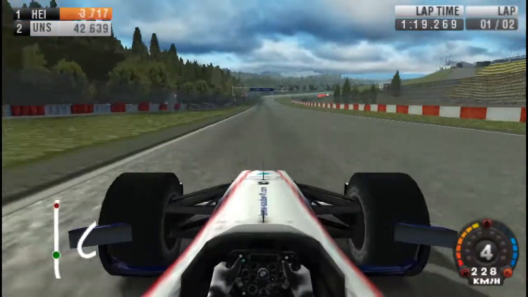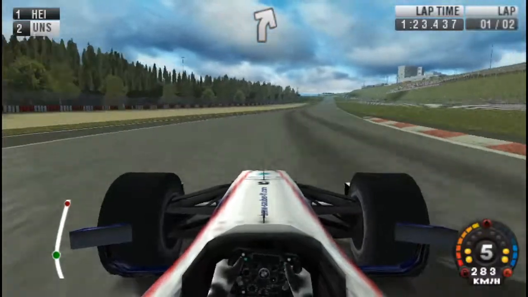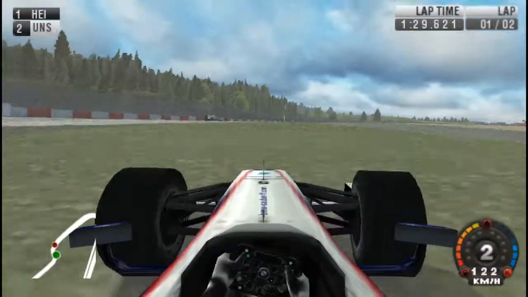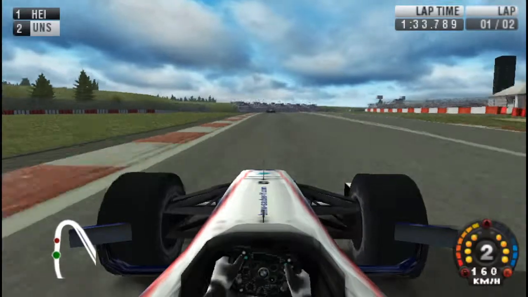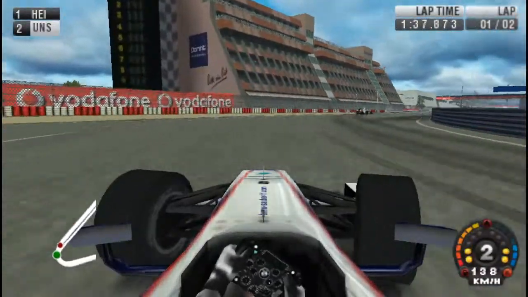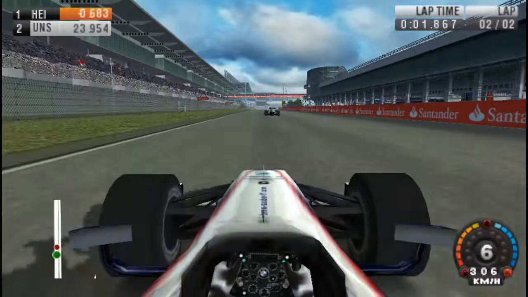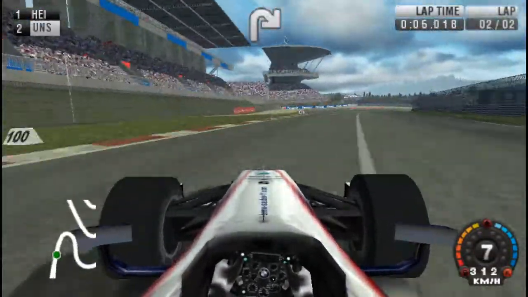Now let's dump a bunch of curves here. We're 3.7 seconds behind from running off course once. God damn. Oh, right, it's the first one. I keep forgetting that. F1's the first chicane, and sports cars is the second. It's because F1 hasn't been here forever, so...